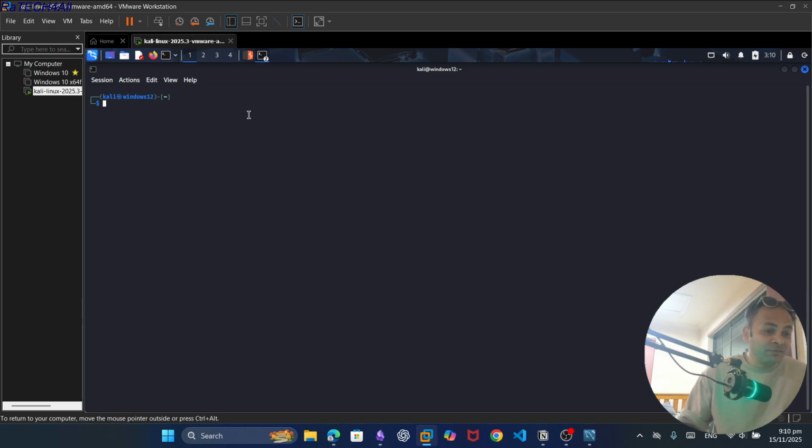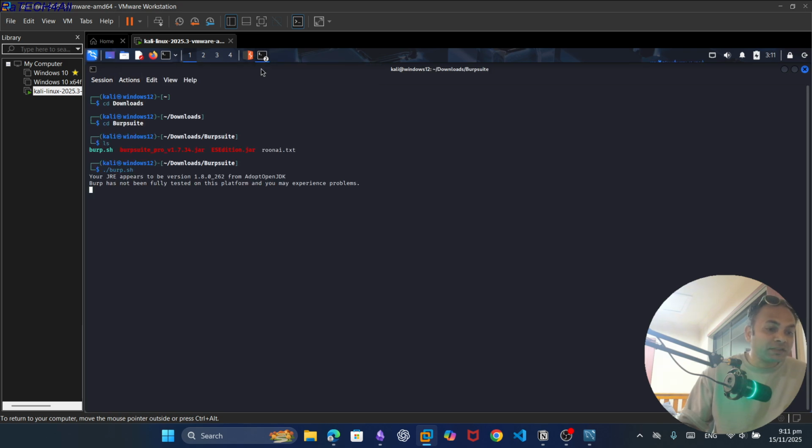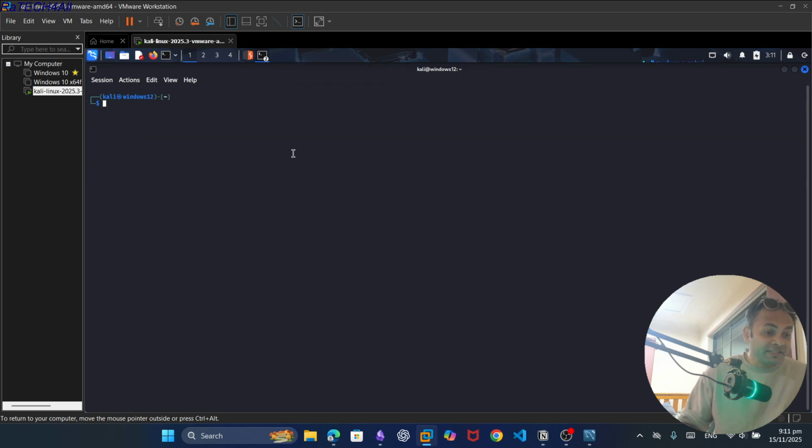In one terminal we are running Burpsuite, over here we're running Burpsuite. So in the next terminal we ran systemctl restart docker and then sudo docker run,